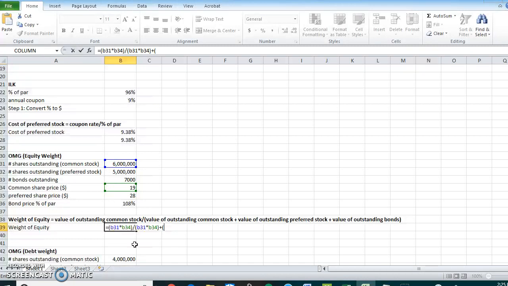it is the number of shares by the price. So we've got B32 times B35, nope, 35, not 25, plus the value of the outstanding bonds. Value of the outstanding bonds, so the number of bonds outstanding times the percent of par. So again, parentheses, B33 times B36. And I just noticed a mistake,